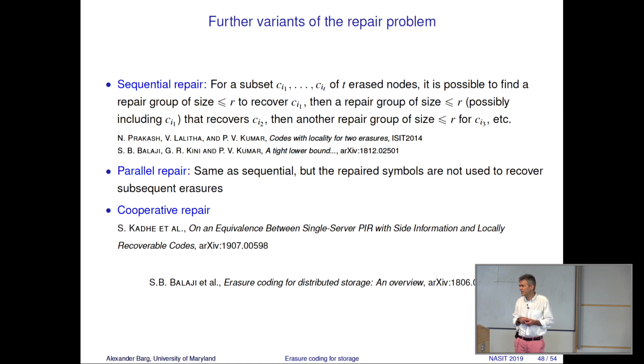This is not very surprising, because if you are familiar with private information retrieval, PIR, then locality immediately comes to mind, and that one version of that problem is equivalent to one version of the LRC problem. It should have been expected. But here is the result. I invite you again to look at Erasure Coding for Distributed Storage, this overview from last year. It already misses the latest results, but it contains a large part of the results obtained up to that time.